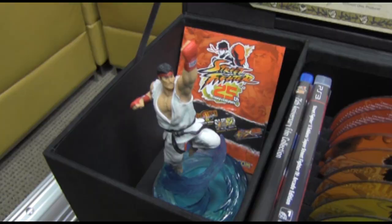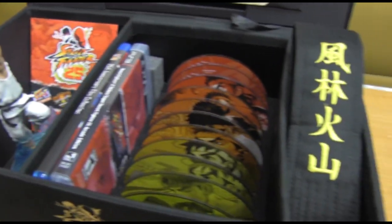Whoa. There is a lot of stuff in here. As I was saying, this is really based on the fans, and it's a product for the fans, and in some senses by the fans. So we wanted to look at the different types of fans that are out there in the Street Fighter community. Obviously the first type is people who play the games. Without the games you don't have Street Fighter. They are what came first, and they are still the most prominent part of it. So as you can see here, we have